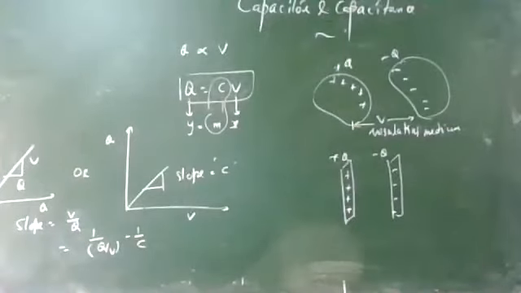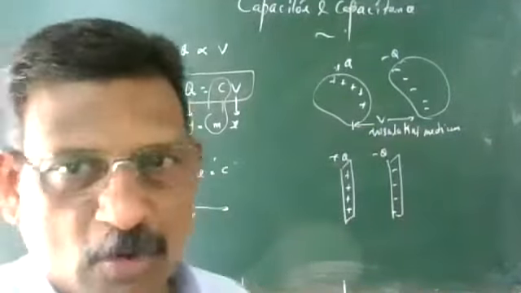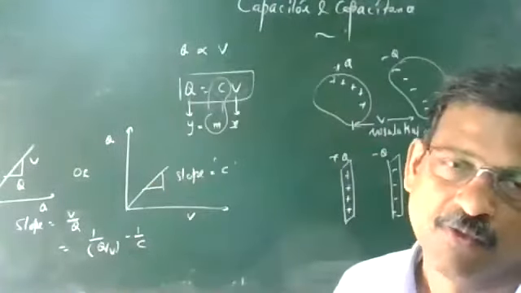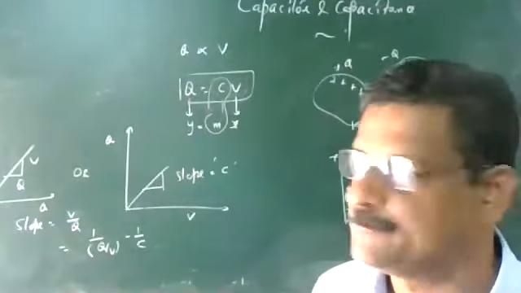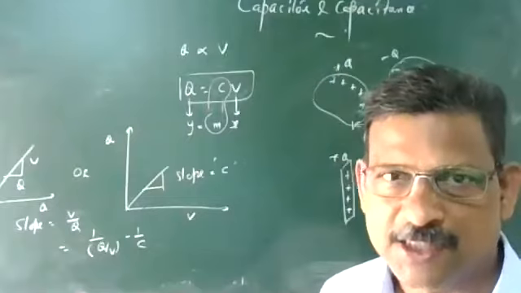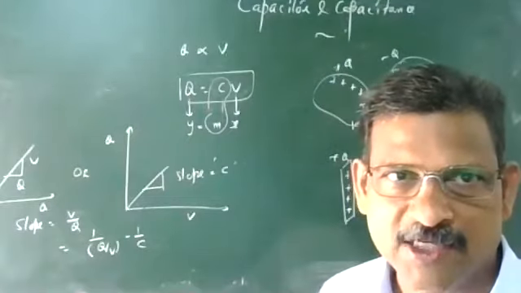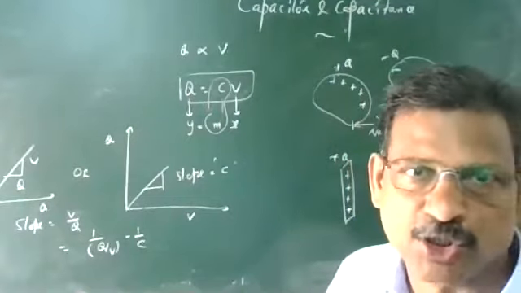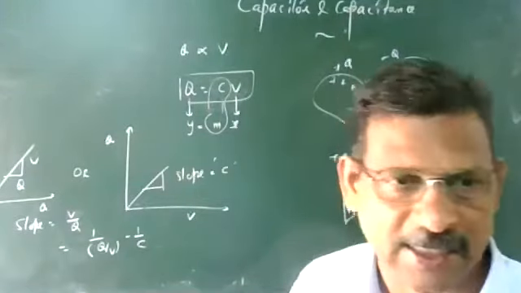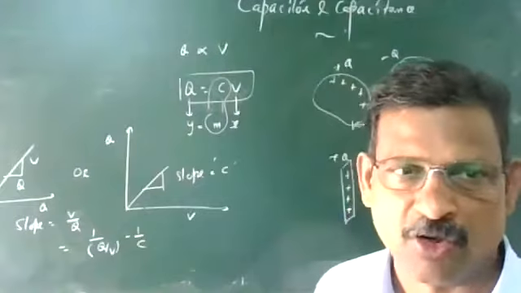The capacitance means the ability of a conductor to store charge. It can store more charge, more electric charge, and it can perform more work. It can supply more energy. So this is about capacitance. Capacitance of an arrangement or conductor depends upon its dimensions, that means area, cross section. If two conductors are there, the distance between them, what is the nature of the medium, etc.